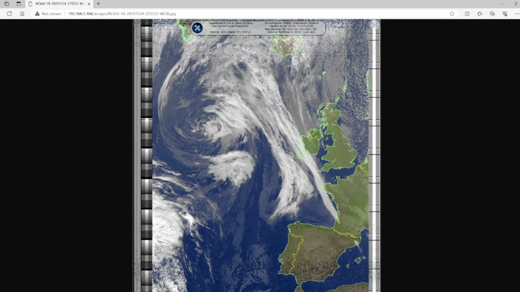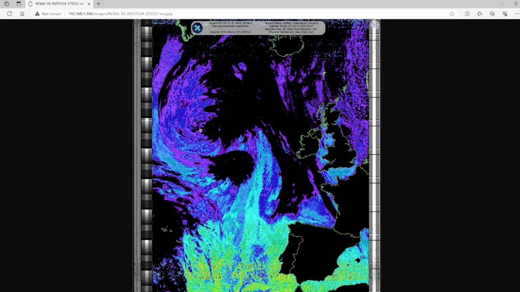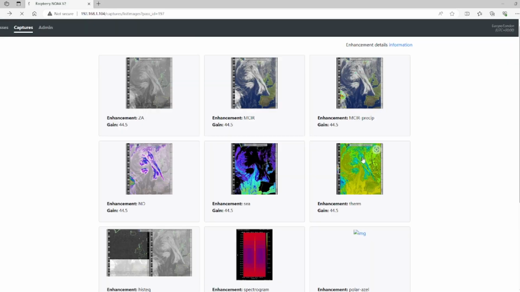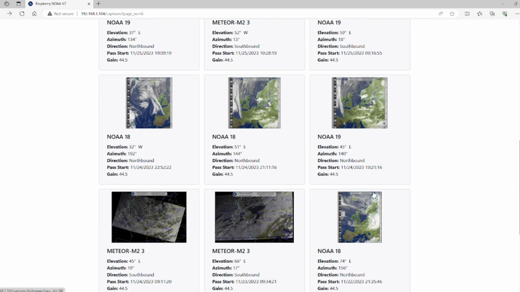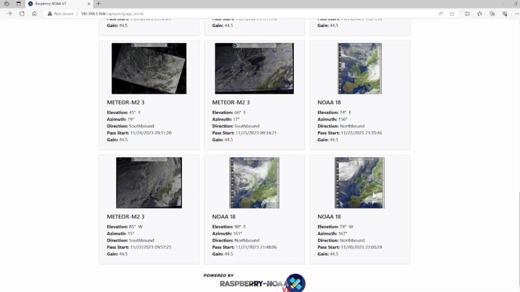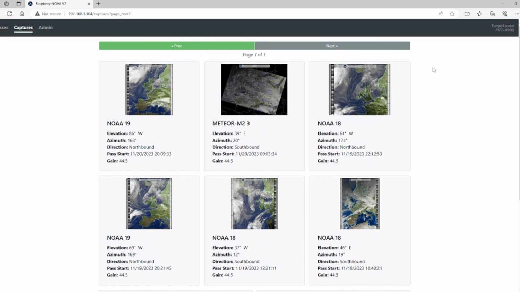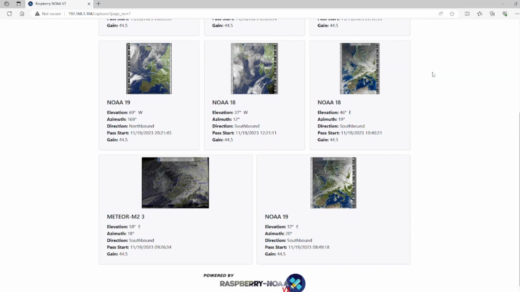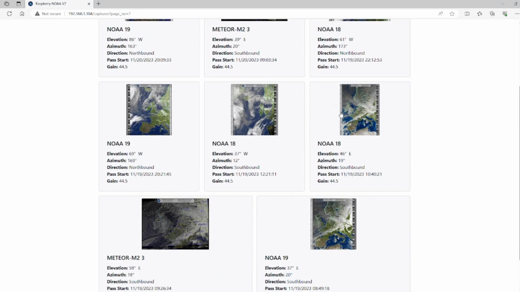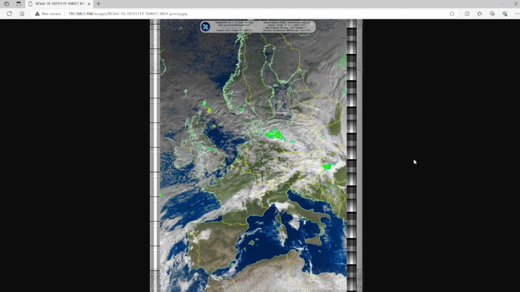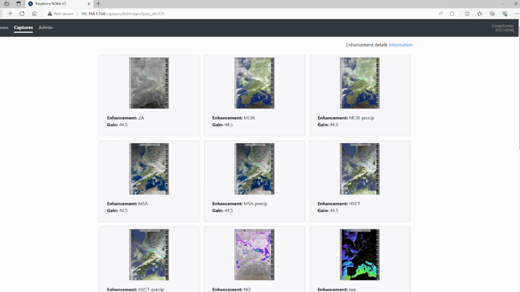So reasonable image quality for the captures, depending on the type. You don't have to have all these selected, so you don't have to capture and render all these different formats. You can pick the formats that you want. It's all in the settings and things like that, so it is possible to do that. So let's go back just one more page there and see what we've got. We've got a couple more on there, some reasonably good captures, but I just wanted to show you that and go over the captures that I've got